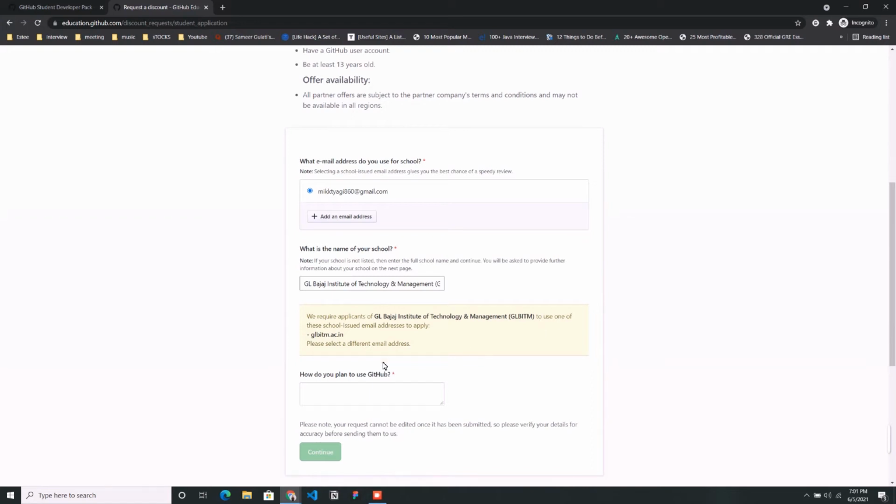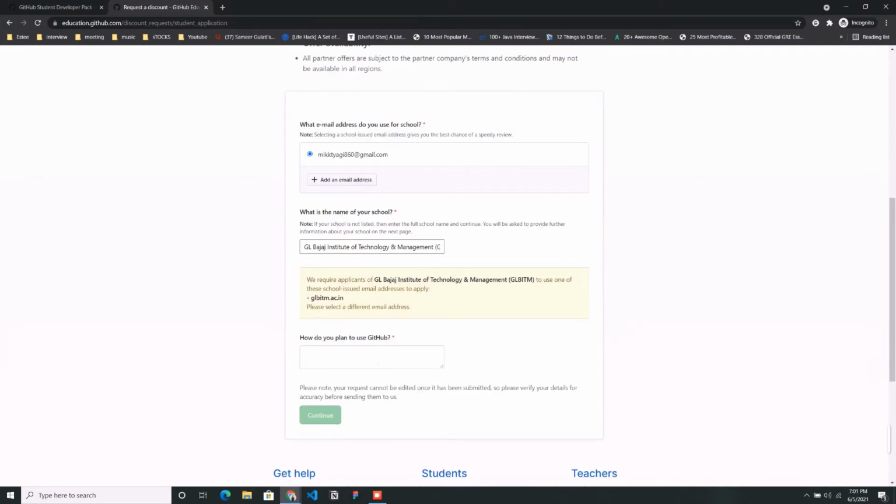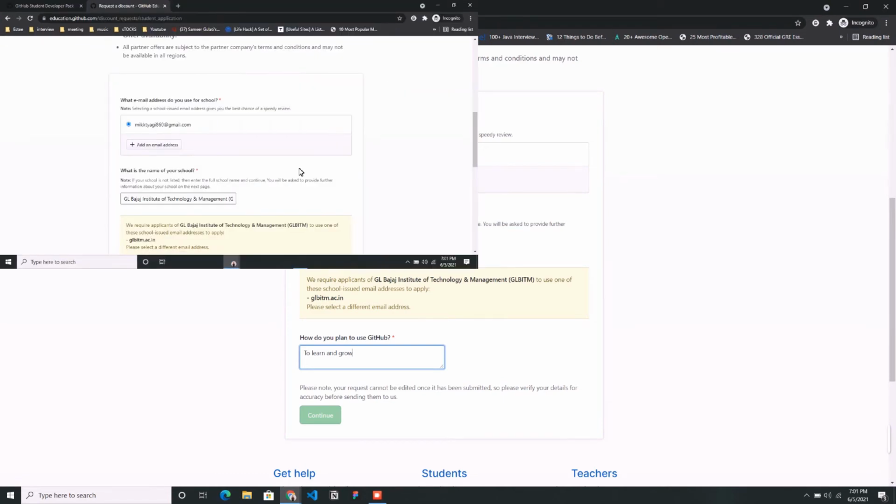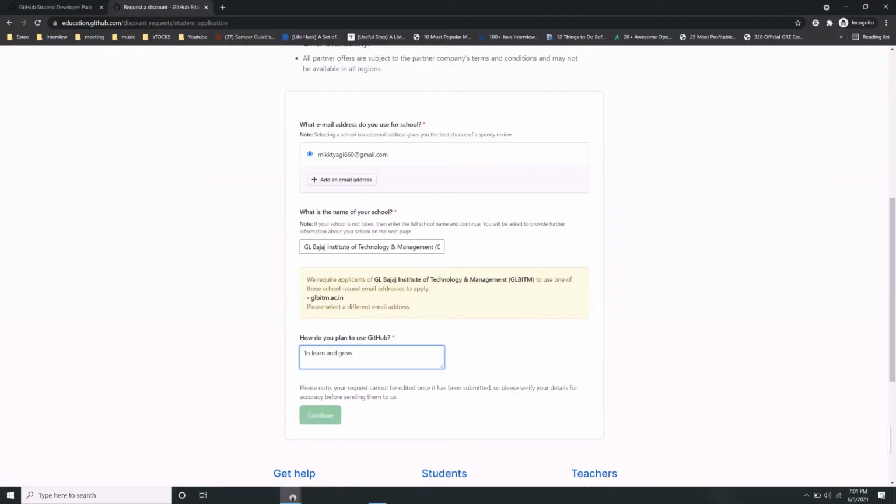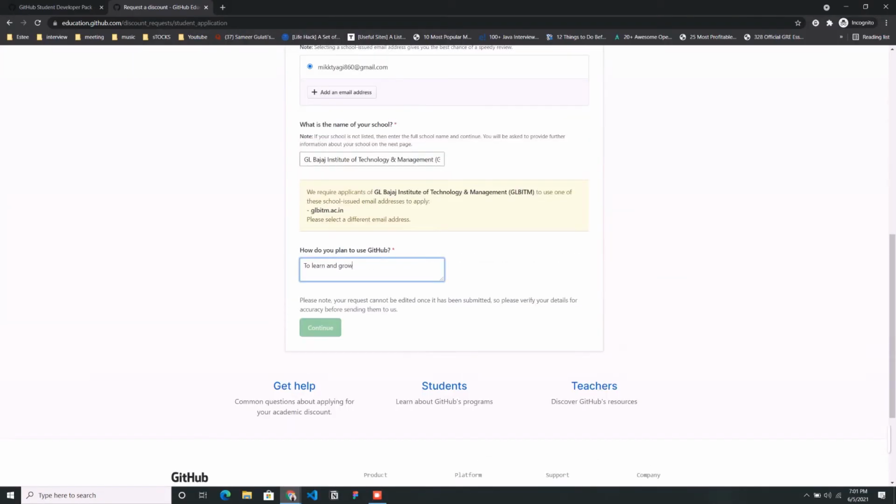If you apply with your personal email ID and your college ID card for verifying that yes, you are a student, that takes some time. With the college ID card, it may take 2 to 3 days extra. But with your college email ID, it will take hardly 2 to 3 days. Sometimes it may take till a week, but at max it will take a week.